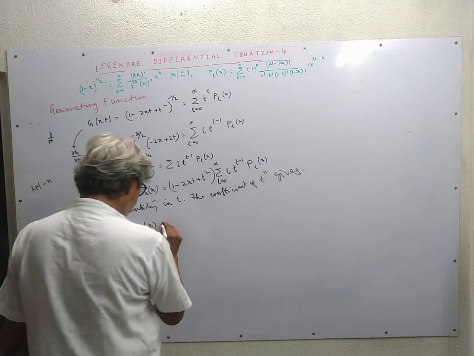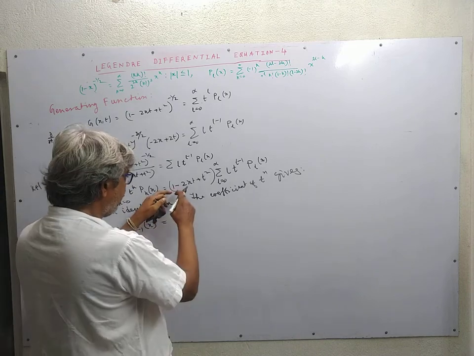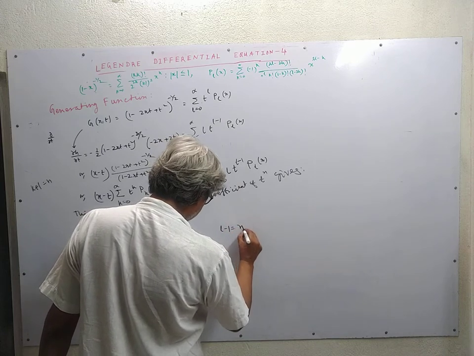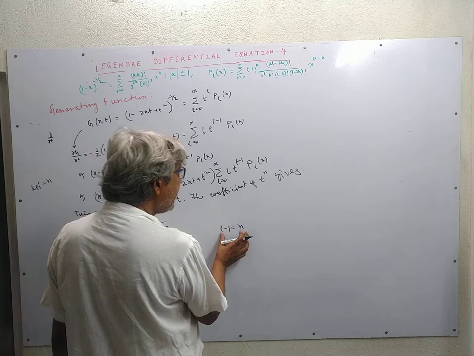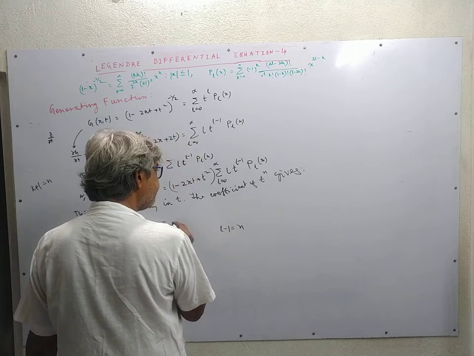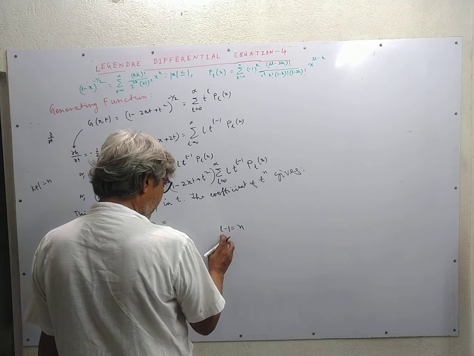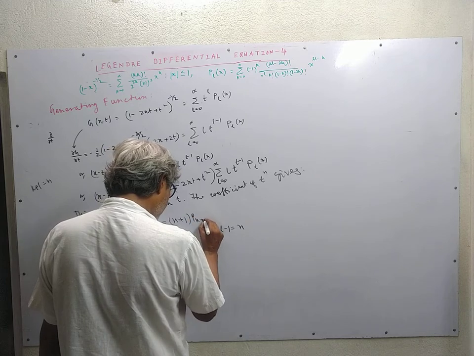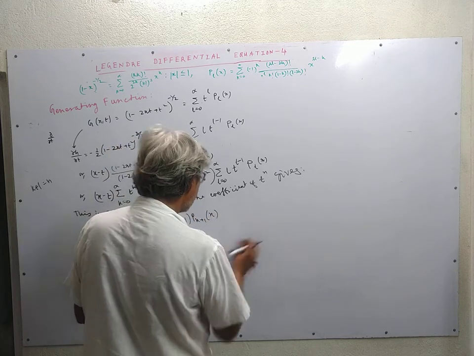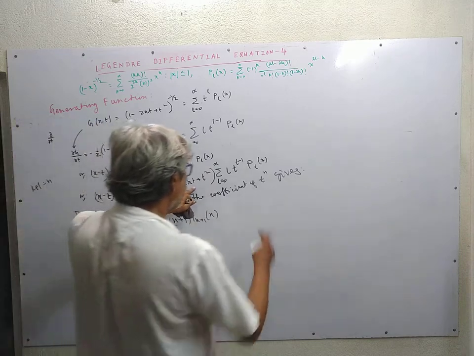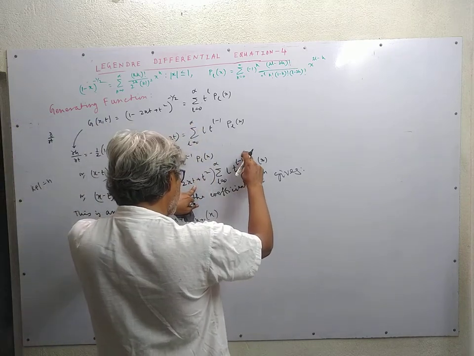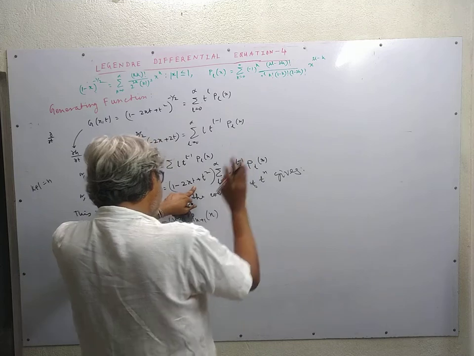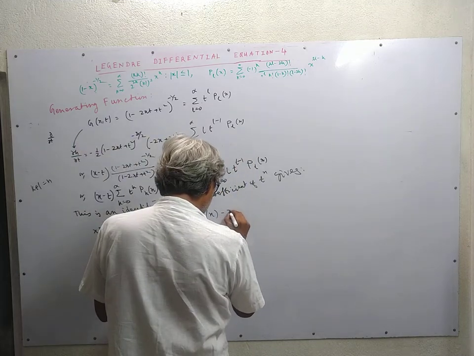Now coming to the right hand side. Here if we multiply this with this, so this will contribute to t to the power n when L is equal to n plus 1. So this is n plus 1 p of n plus 1 of x. Now coming to second term. Second term, if we multiply it by t with this, it is t to the power L, and it will contribute to t to the power n when L is equal to n. So this is minus 2x